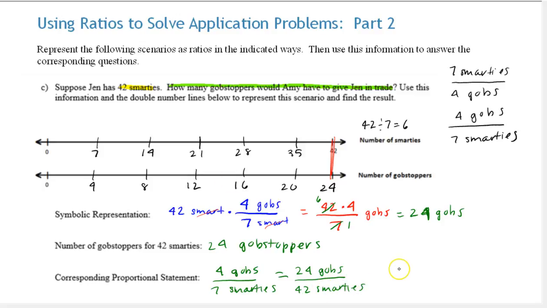Okay. And the proportion without those units is 4 sevenths equals 24 over 42. Okay. And notice in terms of equivalent fractions, I would multiply 4 by 6 to get 24, and 7 by 6 to get